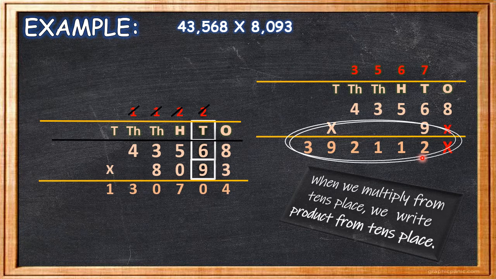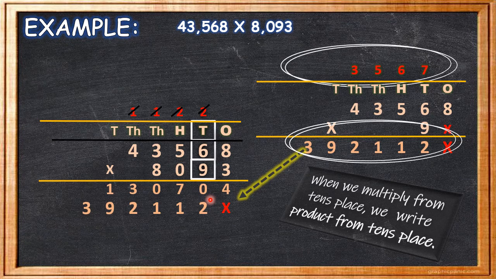So now this product, that is 39, 21, 120, I'll be writing here in the next line. See, I have started from tens column, so I have marked cross under ones column because I am supposed to write from tens column only. 2 1 1 2 9 3. Yes children, and carry over I'll copy here. 7 6 5 3.